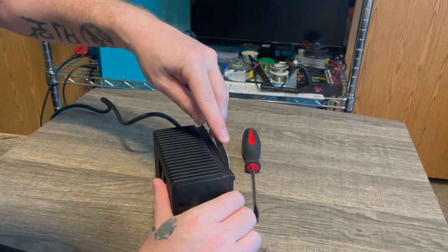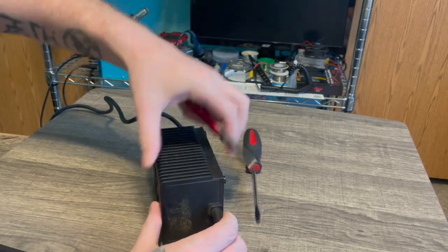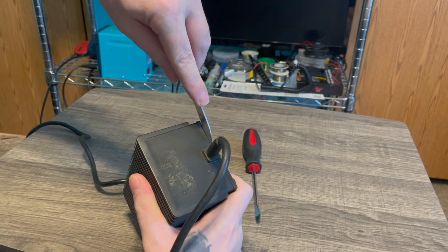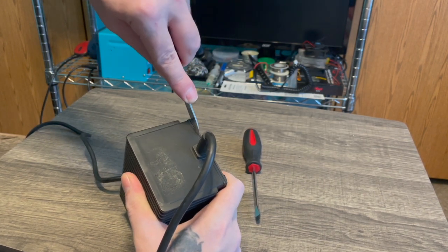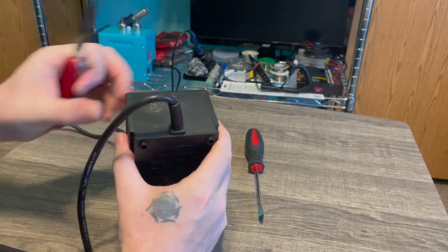Let's do it. The first and absolutely the worst part of redoing a C64 power supply is actually opening up the power supply box. What I like to do is start with a knife, and I don't